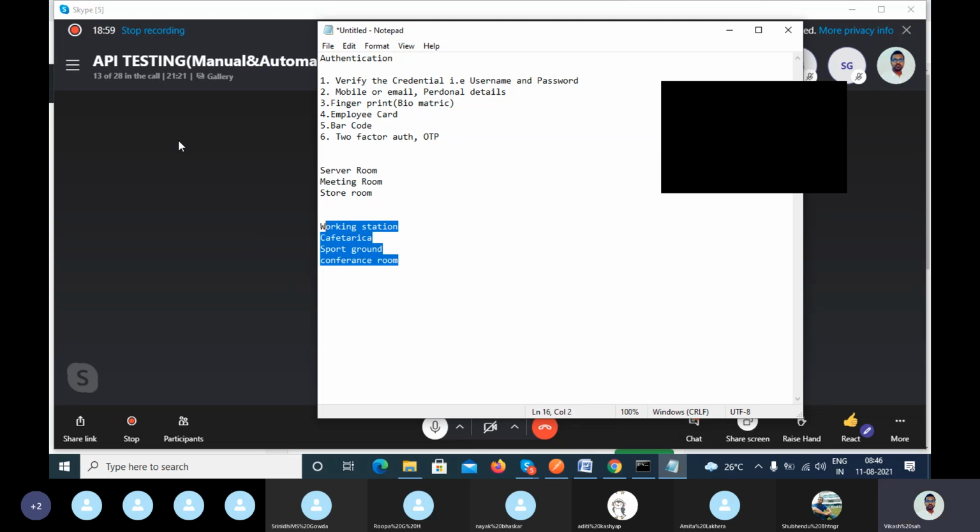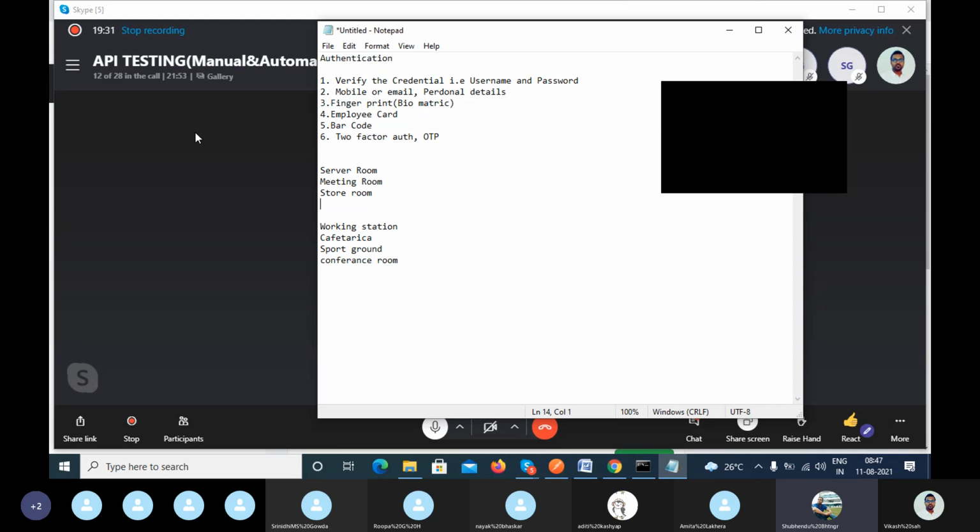Simple question. If you understand the difference, then you will also understand authorization. Due to security reasons, access is not given to all employees for the server room, meeting room, and store room. But anybody can go to the workstation, cafeteria, and sports room. They don't require any such security authorization.